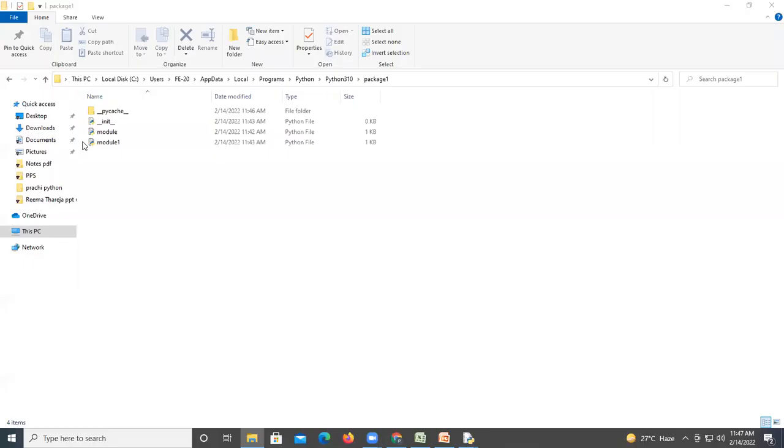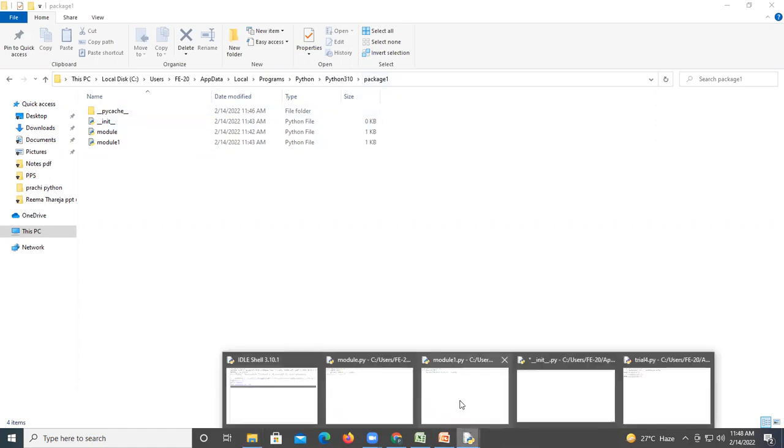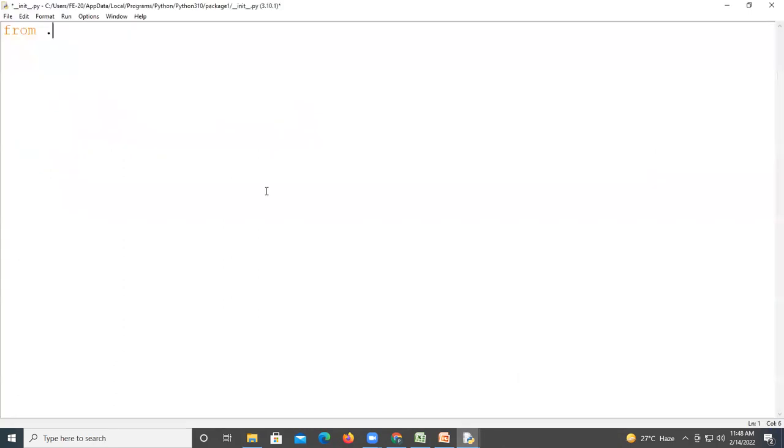So here we'll use from dot module, import the functions from the module, import this function, this variable. For that purpose, we'll use dot. Dot means it will directly go to the location where this init file is stored. Because of this only we are using dot here. With the help of this dot, we'll directly go to this package 1 location. Okay. So from module